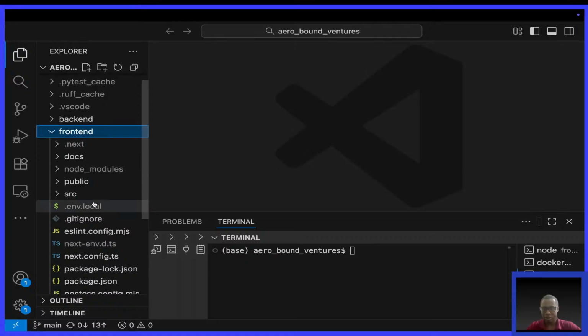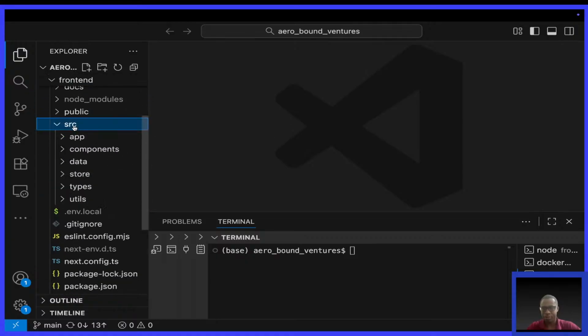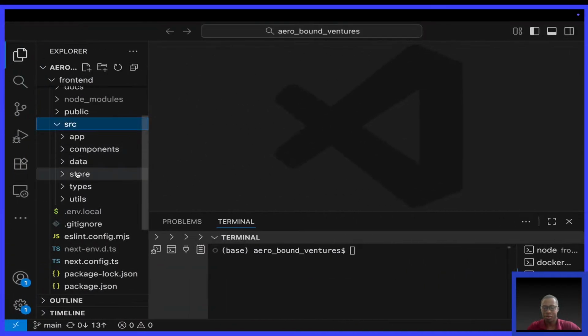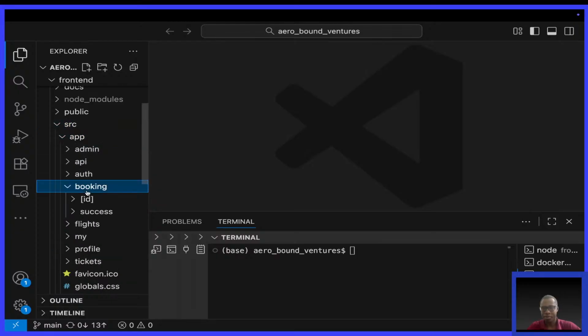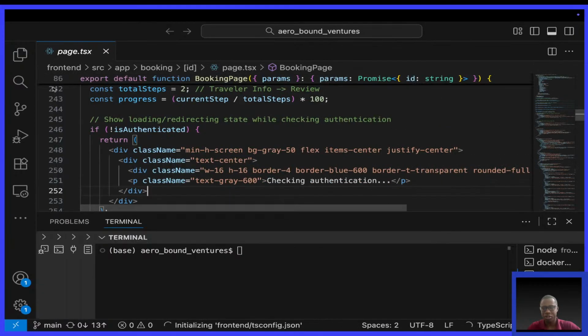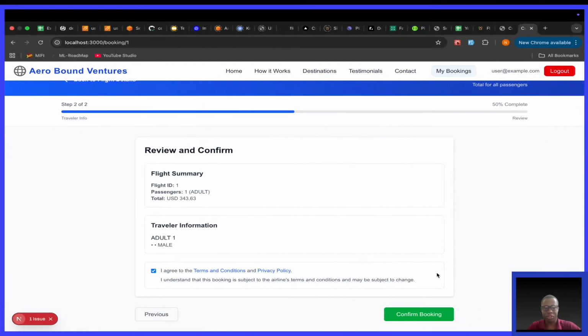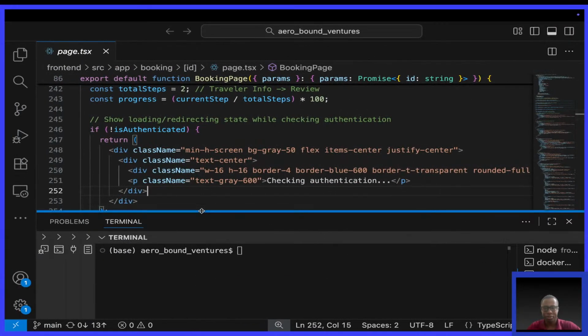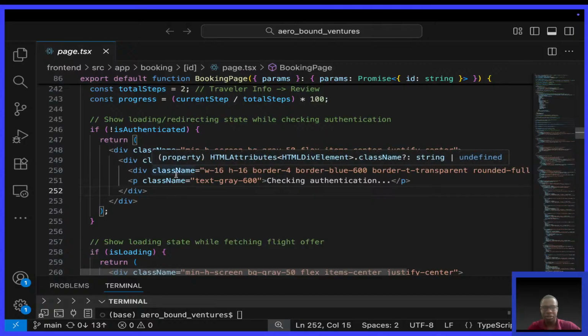So front end source, what do I need? App booking. Okay, this should be the page. Then all I need to look for is a handler handling this confirm booking. So if I minimize this a little bit,